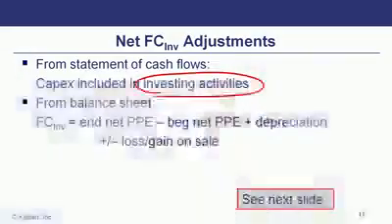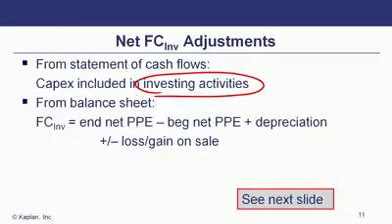Remember, your cash flow statement is cash from operations, investing, and then financing. In that investing section is where you're going to see your net capital expenditures, where they actually spent cash to buy capital assets, and capital assets which they actually sold. Now, from the balance sheet, you can actually find your net capital expenditure by using the ending net property, plant, and equipment, your beginning property, plant, and equipment, depreciation, and your gains or losses on any sales. Don't worry. Let's take a look at the next slide. This is how we break this formula down.